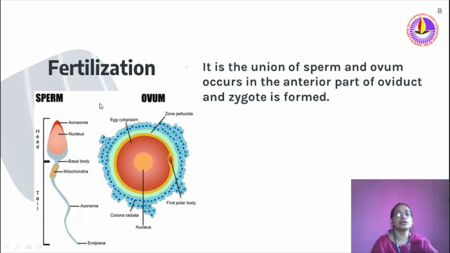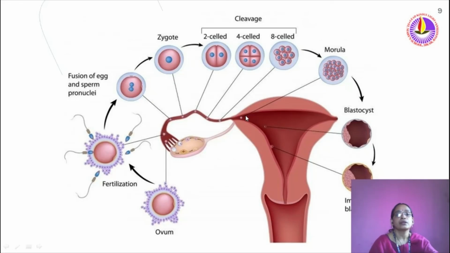During fertilization, sperm and ovum combine together and a new cell is formed. It is known as the zygote, a single cell. Now let us see the fertilization in detail. Here is the ovum, and here fertilization occurred. The male gamete and female gamete combined together. The fusion of egg and sperm is called pronuclei. Now zygote formation has occurred. Afterwards it becomes 2-celled, then 4-celled, then 8-celled. In this way growth occurs. Thank you.